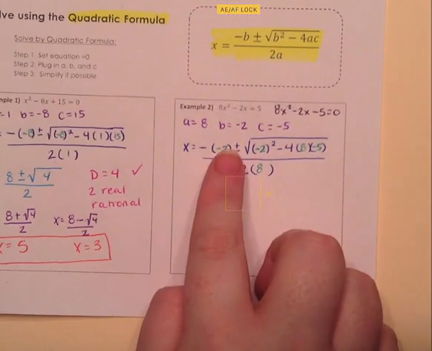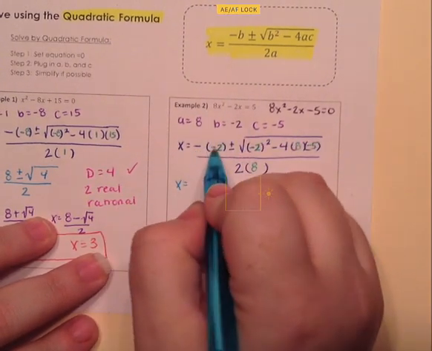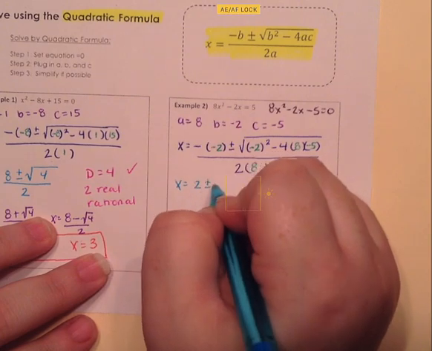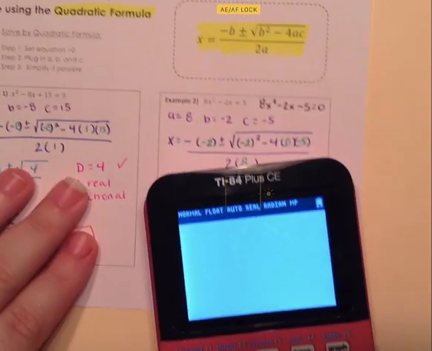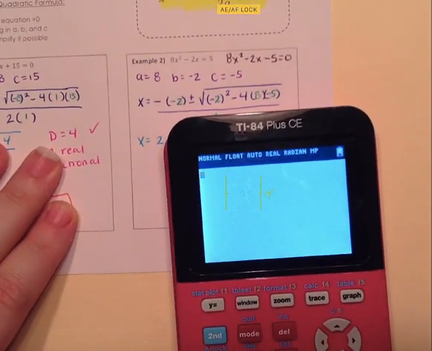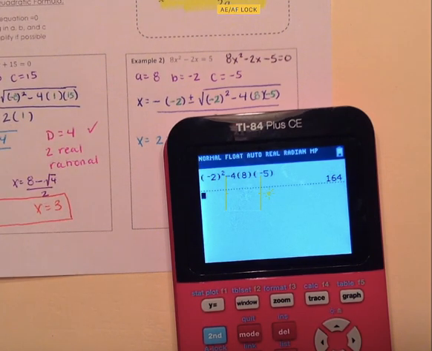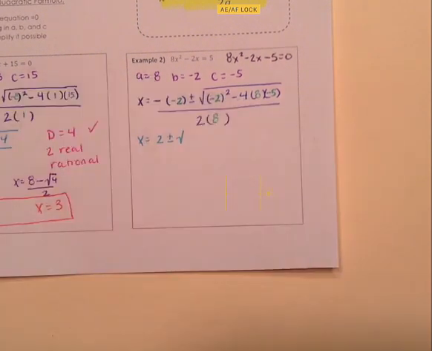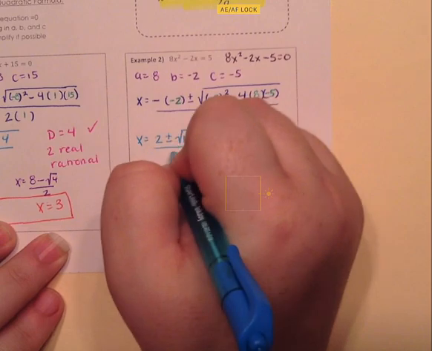So I know that I can do these two parts on my own, but this one I want to put in my calculator. So I have x equals negative times negative 2 is a positive 2, plus or minus the square root of. I'm going to find my discriminant by plugging that into my calculator. Just that inside the radical, so no radical, so parentheses, negative 2 parentheses squared, minus 4 parentheses, 8 parentheses, parentheses, negative 5, close parentheses. I'll press enter, and I get 164. So I put 164 right here,